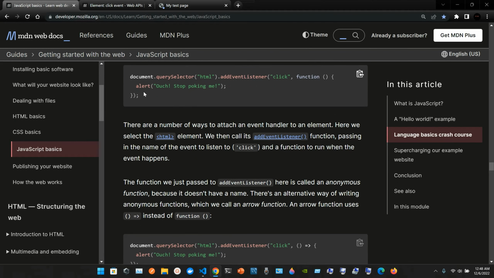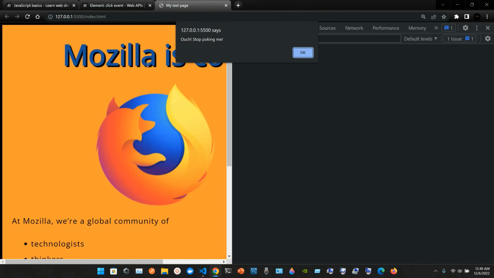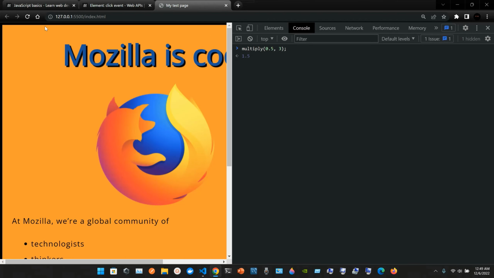We type in document.querySelector HTML in quotation marks, .addEventListener click function. Inside of the curly braces we have the message alert. Ouch, stop poking me. This is important because this is the click. So let me refresh it, and let me close also